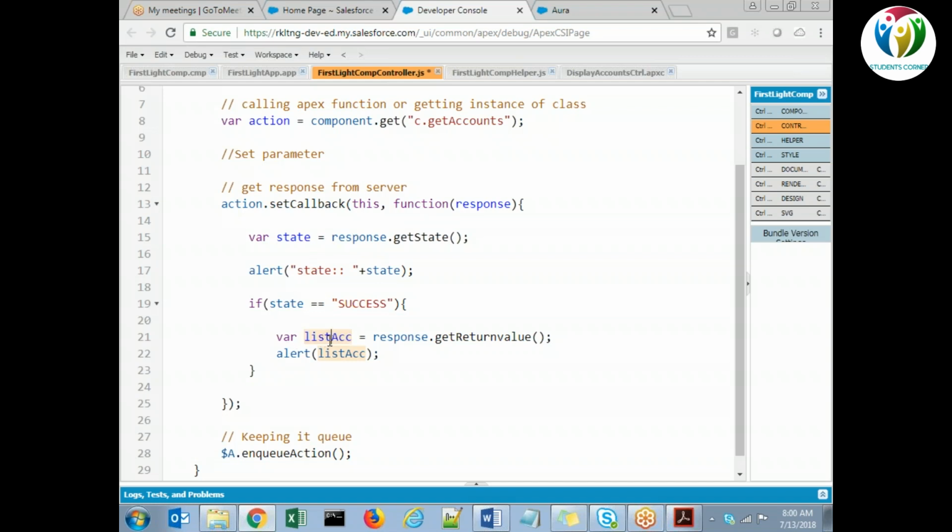Can I do that or not? Yeah, definitely. We can call another apex class method also. So it will be helping to keep the state maintained. The state will be maintained here using $A.enqueueAction. It will be keeping it in queue until your transaction is completed. The cycle won't break.